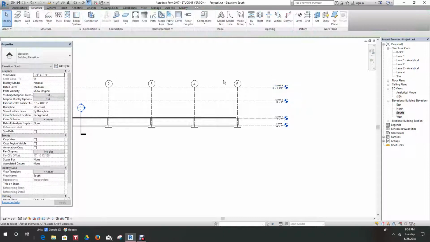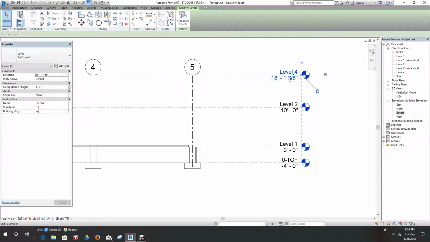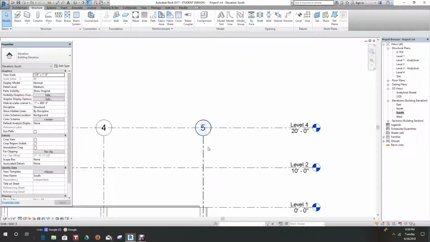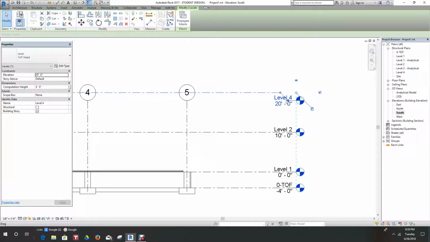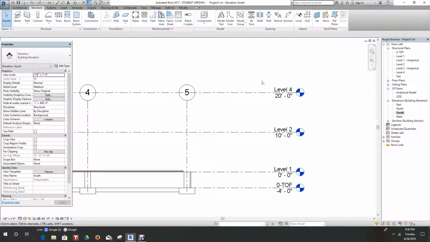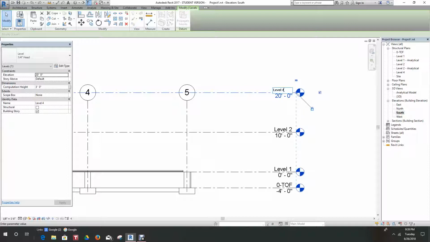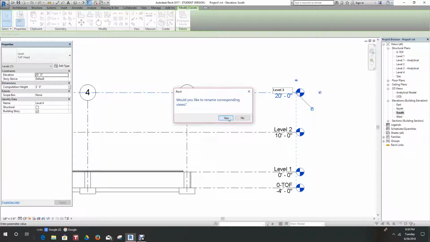Let's make this 20 feet. We want to change this level. Oops, undo that. I'm going to change this level to level 3. It's saying 4 because